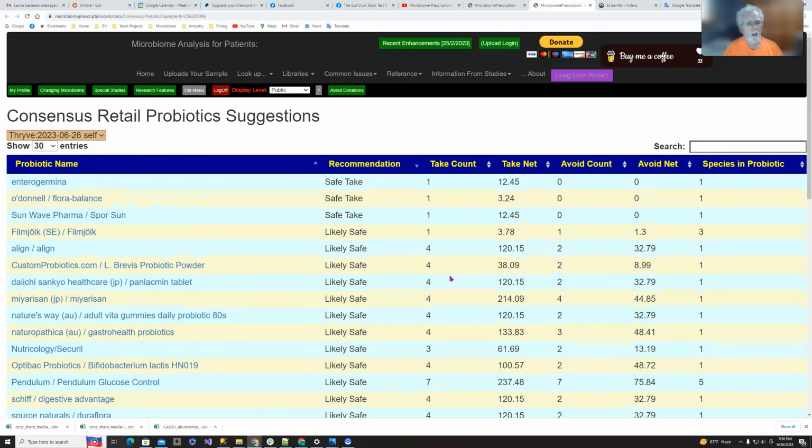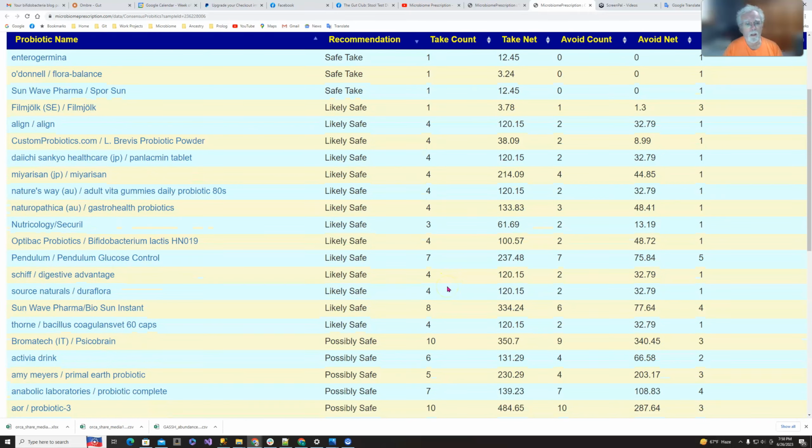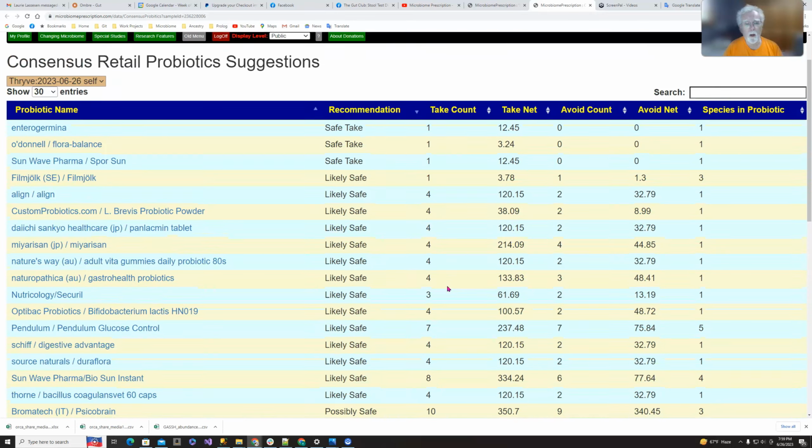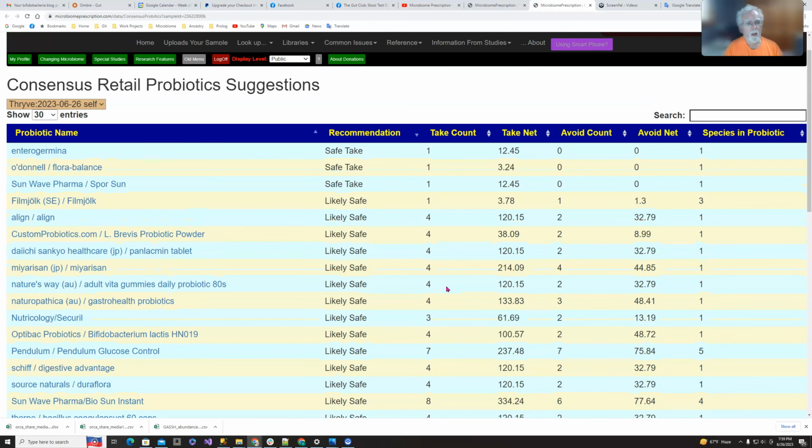Interesting. Oh, I know why. Okay, something to fix, but basically it indicates the estimated positive and the estimated negative benefit,